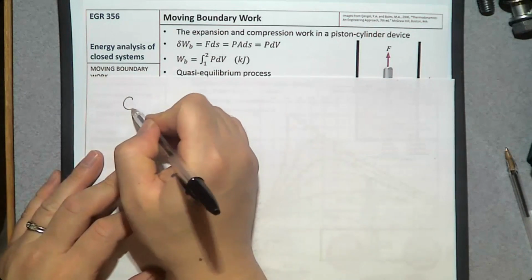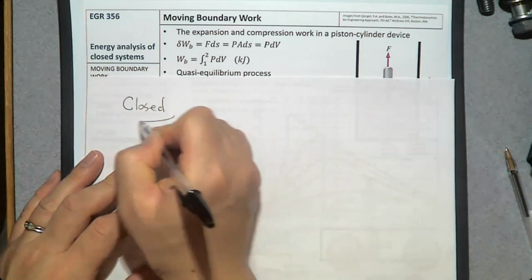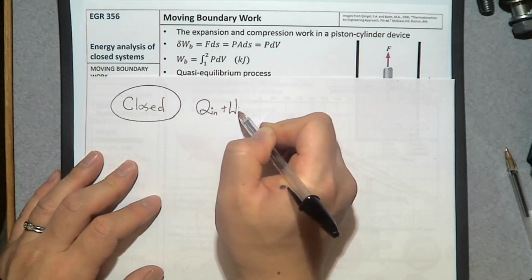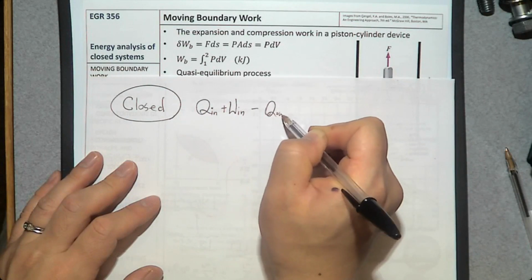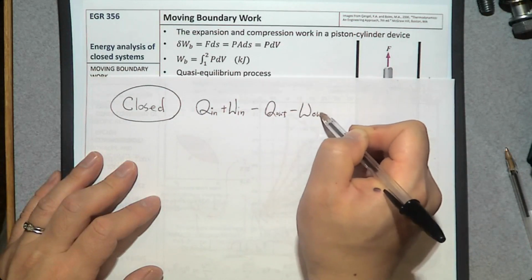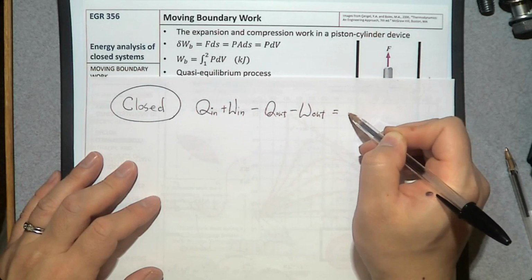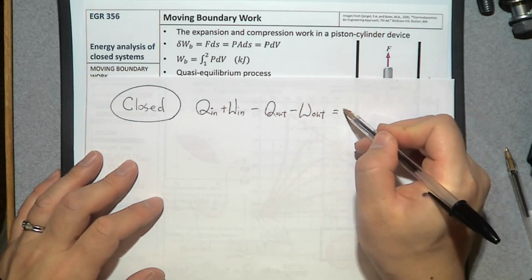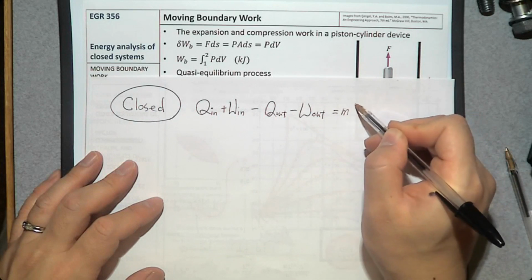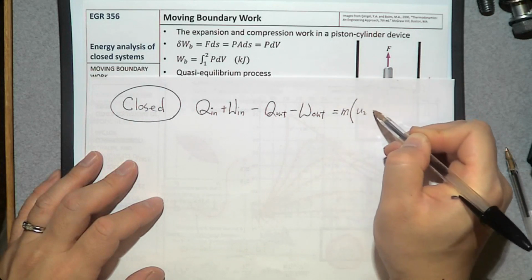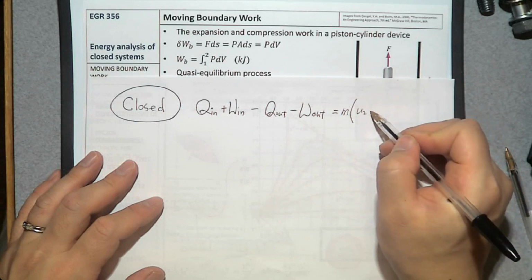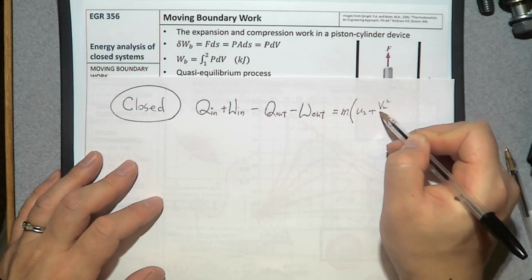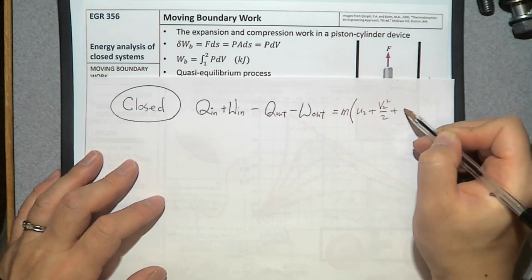The energy balance equation for a closed system is going to be Q in plus W in minus Q out minus W out is going to be mass times U2 minus U1 plus kinetic energy, velocity squared divided by 2 plus specific